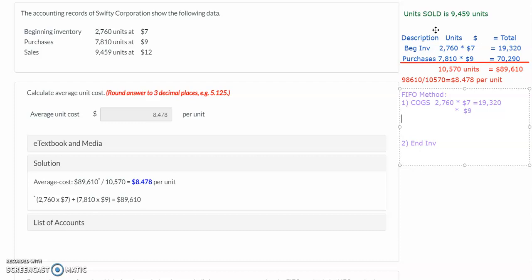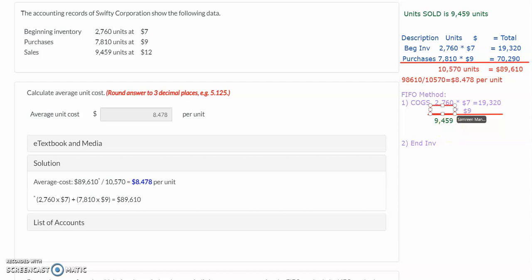And I need to note that I have sold in total 9,459. So that's the units that were sold. So now I really have to solve for my number of units right here that had that $9 cost. So this is something that you're going to be calculating, okay? So you're going to take the difference between